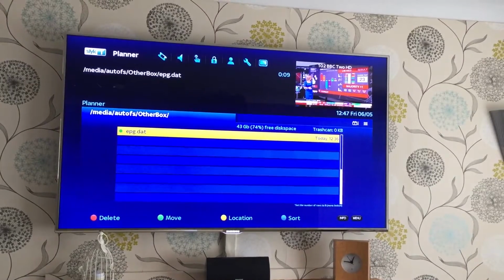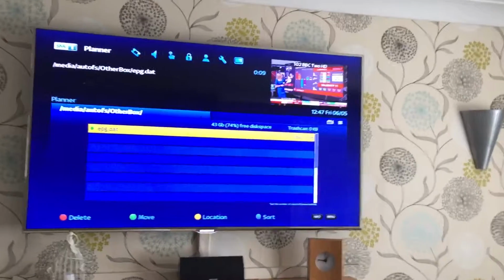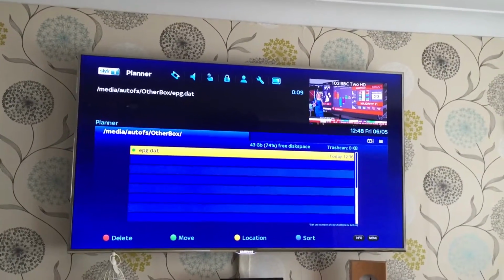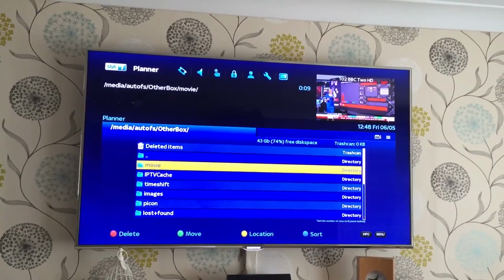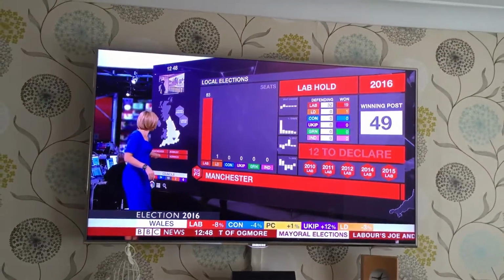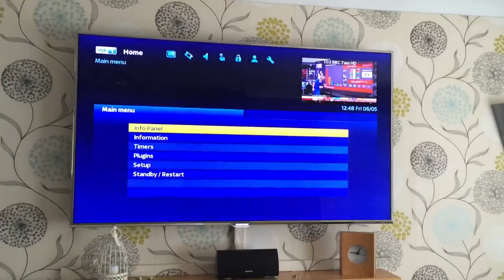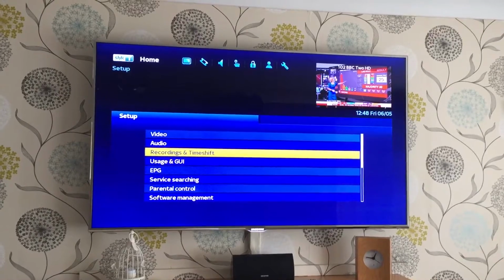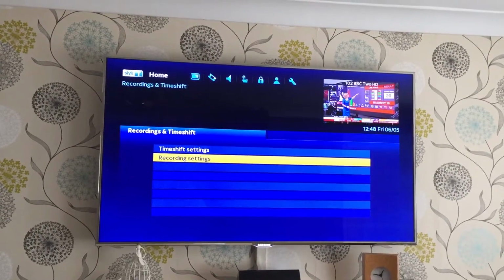Now, when you go into it, if you've been into another location, initially it'll go just directly to the hard drive, so you won't get the movie folder with the items that you're looking to play back. You can click left, go down to movie, and OK, and then you're back into the folder. Another option to bypass that and make it a little bit easier is if you then go into your menu, setup, recordings, recording settings,